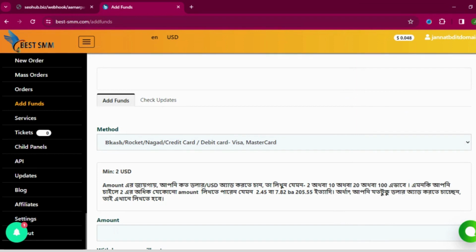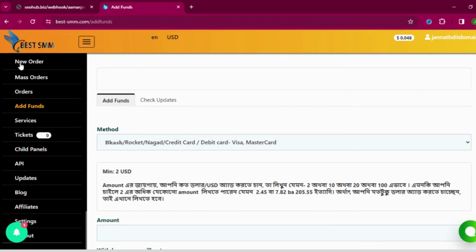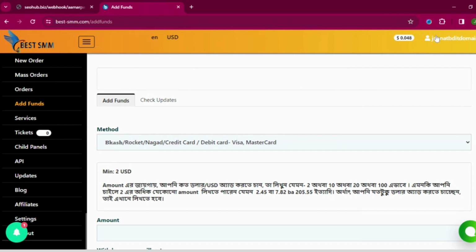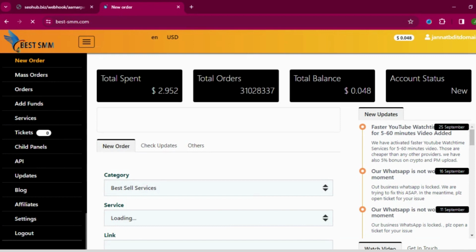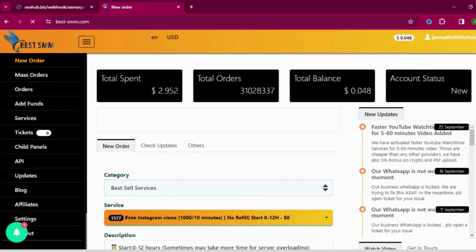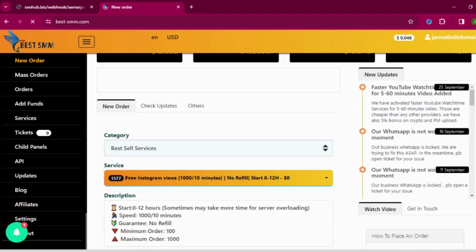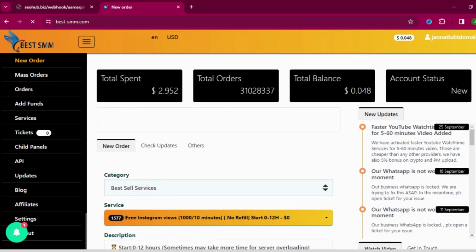So let's start how we can buy Facebook followers from this SMM panel. For that, you need to first log into your SMM panel, and I have logged in here. You can see this is my account, and I have already logged in here. And from here, I want to go to my new order section because I will do an order, right? So I'm going to this new order section, and now scroll down and you can see that I have spent